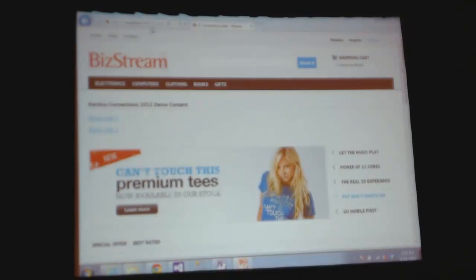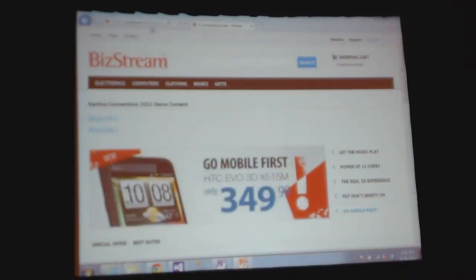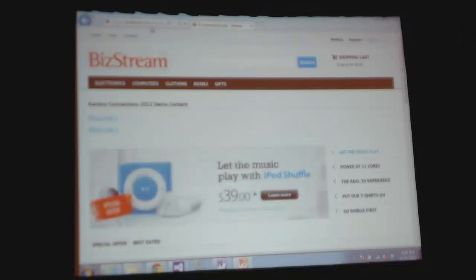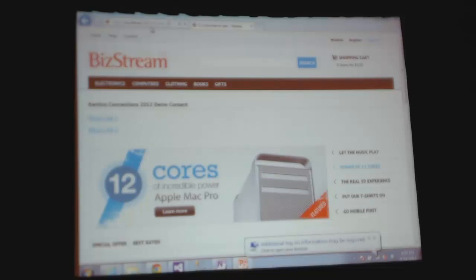All right, so I have the new Kentico e-commerce starter site set up and running. And who is familiar with Bitly? Anybody? Okay, just very few. Sorry, if you don't know about it, Bitly is a URL shortening service that marketing people tend to like quite a bit